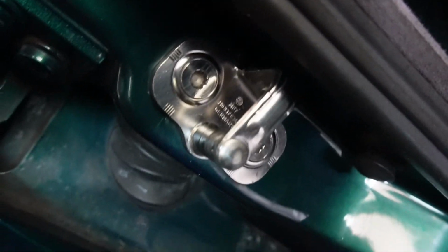Chrome door handles all round, and then we've just fitted the chrome door shuts. Honestly, I think they look so much better. Gives it a nice little bit of a modern look, and when this is in, it will look even better. But like I've said,